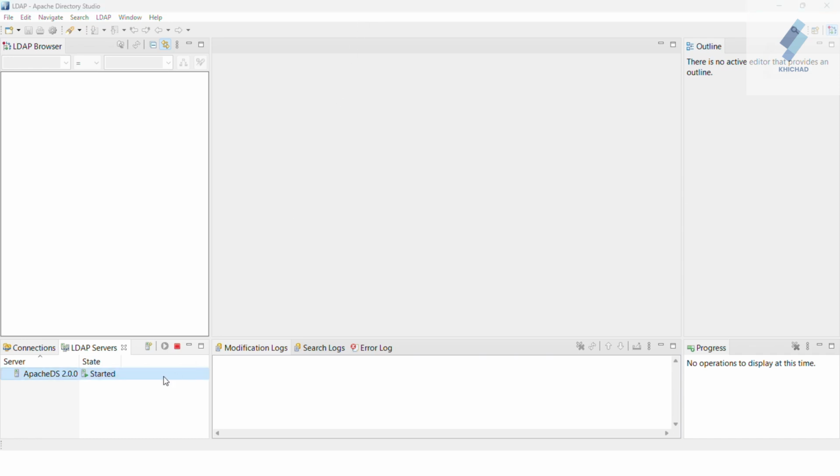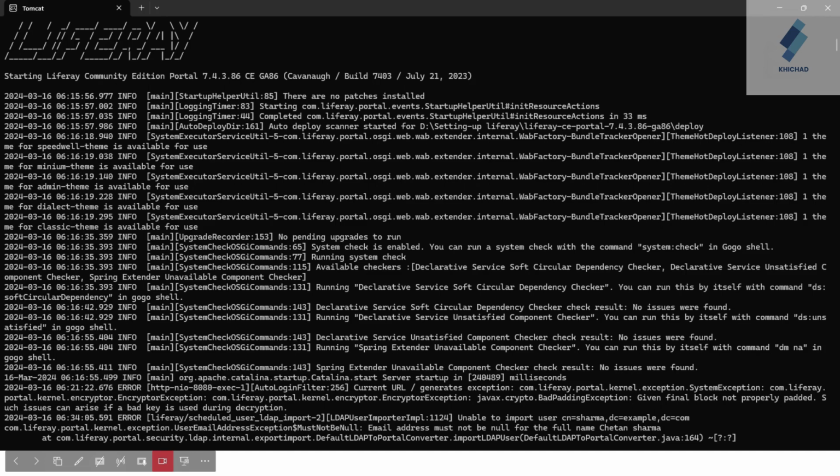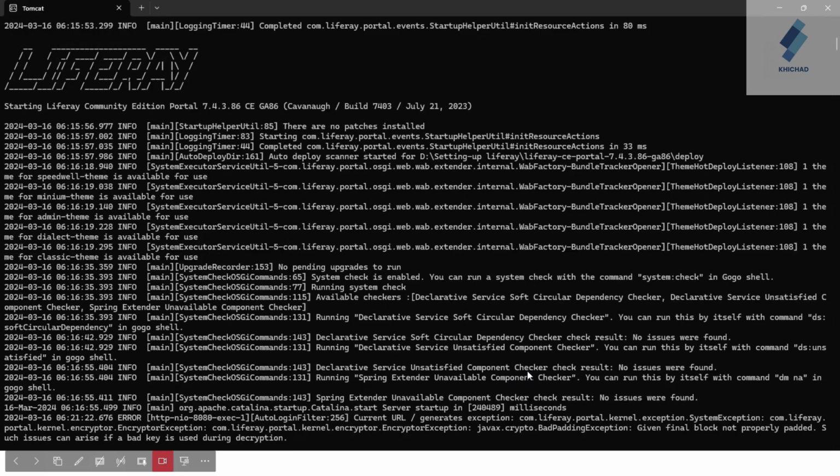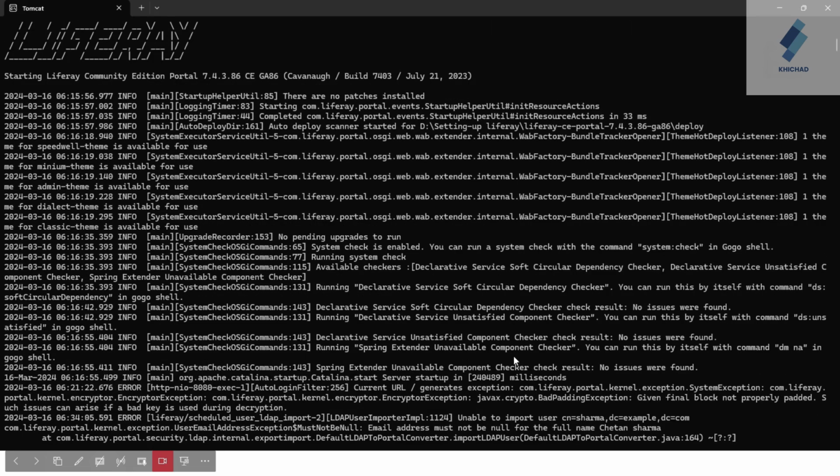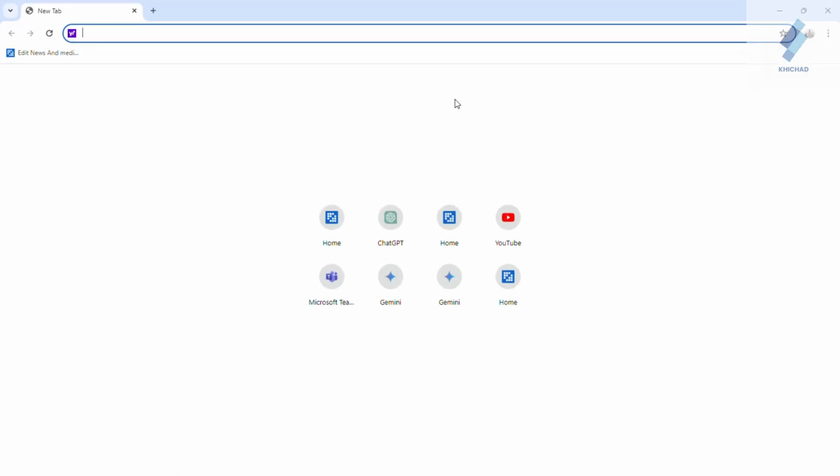After the Apache server has started, we need to start the Liferay server. My Liferay server is already started, so I'm going to the next step. Go to the browser and log in to the Liferay portal.